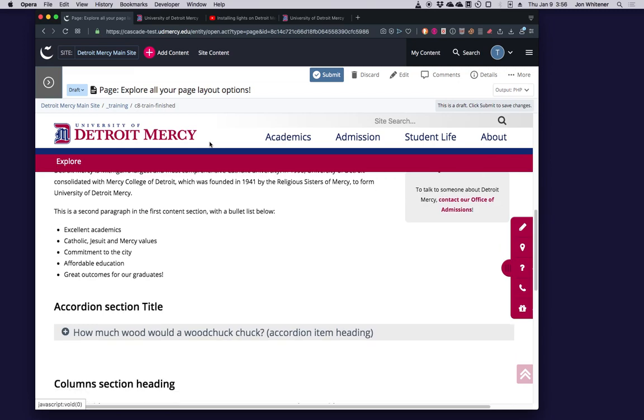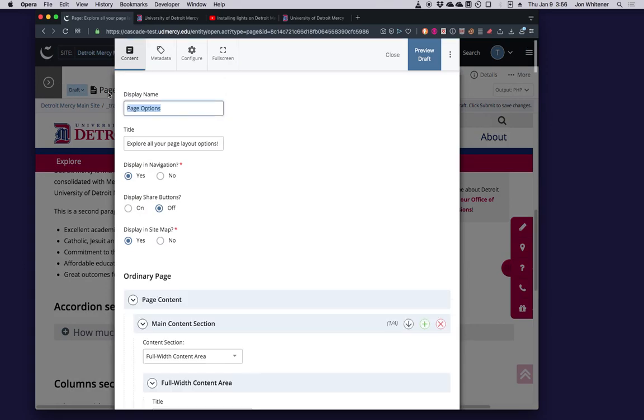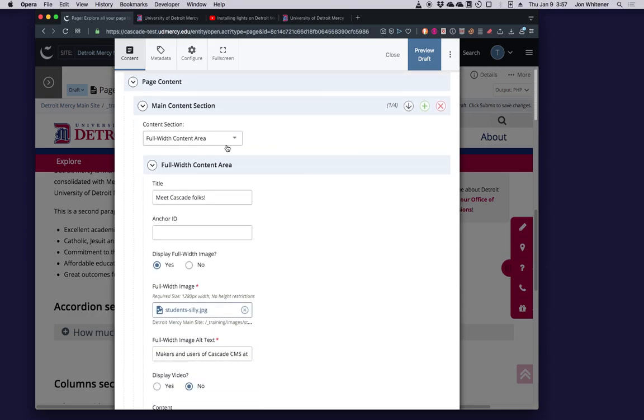And let's see here. I'll check my notes, make sure we're not forgetting anything there. Oh, I forgot something kind of cool. Let's go back to editing this. You'll notice over here, we are still looking at the draft, so when I click edit, it goes straight into editing the draft. If for some reason we were looking at the current version when a draft existed, and we clicked edit at that time, that's when you get that message up at the top that says, hey, you have a draft, did you want to resume editing it or discard it or whatever. But what I wanted to show you is another option in the full width content area.